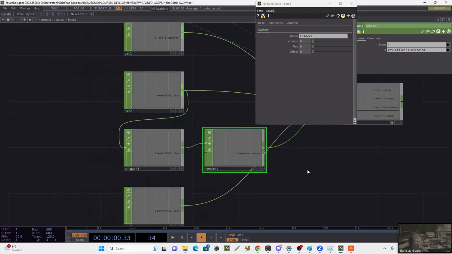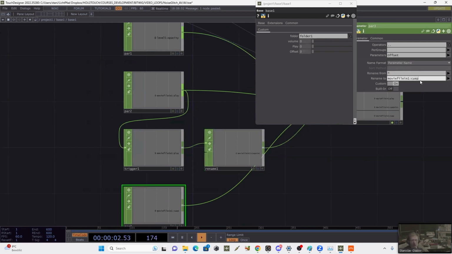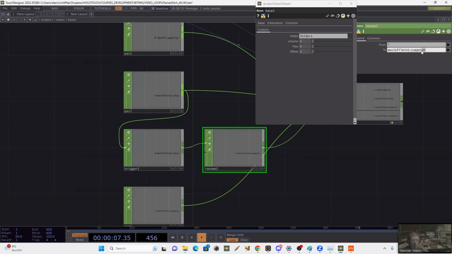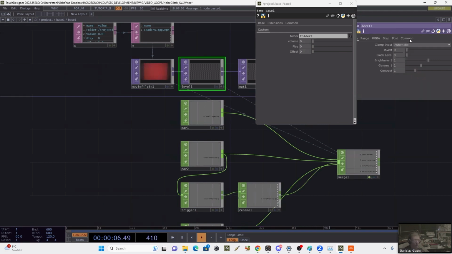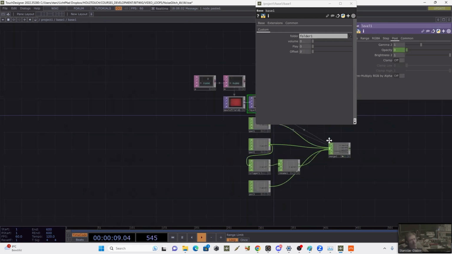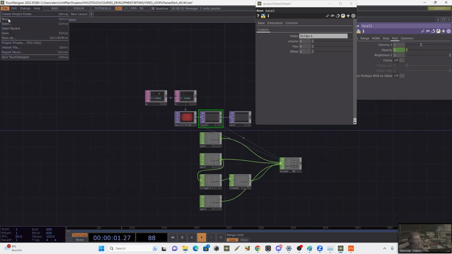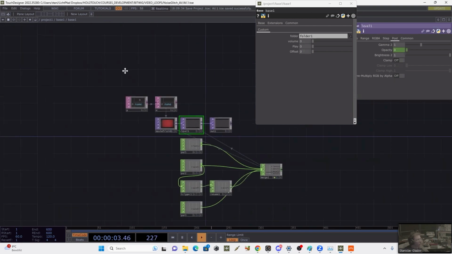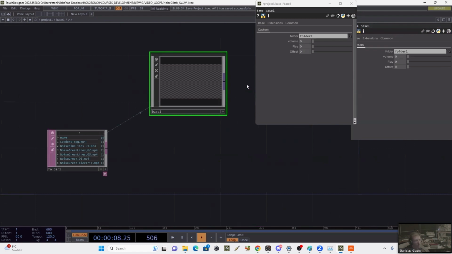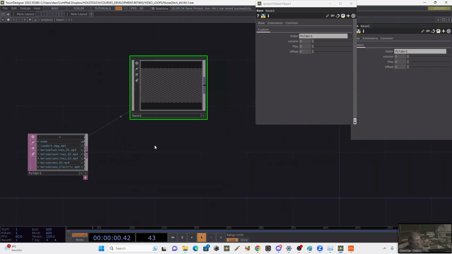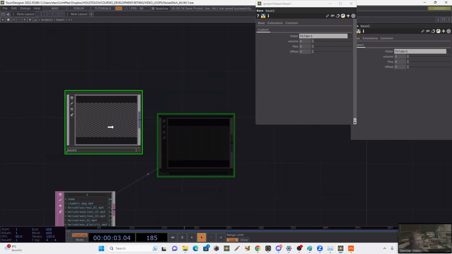That should change the cue pulse. Yeah, now it should be mapped to the cue button, play, cue point, and the opacity. So let's save the project. And now we should generate the